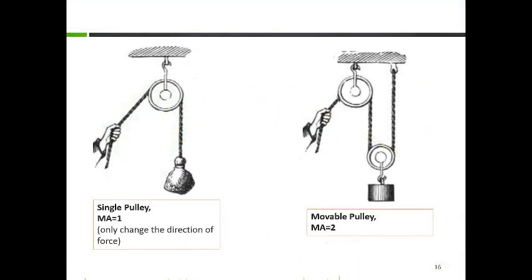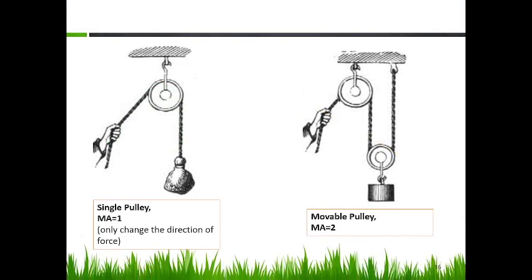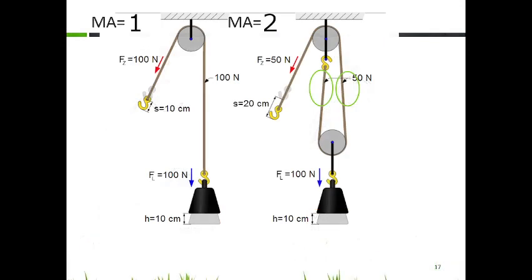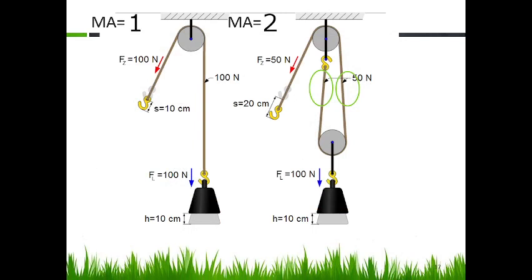For the pulley, it is also the same. The bigger the mechanical advantage, the further and further you must pull the rope. In a pulley, to find the mechanical advantage, we just need to see how many ropes hold the object. For example, I put a single pulley here. The mechanical advantage is 1 because the person will hold it directly, 100 Newton.